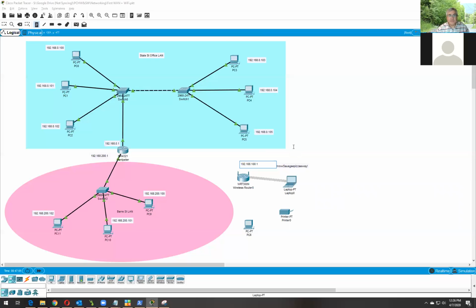100.1 for the router. Whoops. Okay, so I'm going to put that right there. I'm also going to take this, put it up here out of the way. And I'm going to go ahead and wire in the PCs. So I'll go to my straight through cable, click on the PC, Fast Ethernet 0, Ethernet 1,